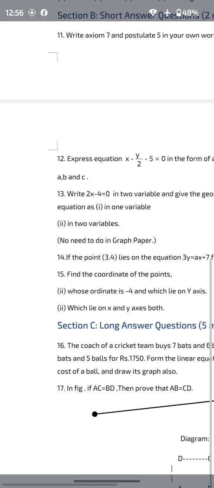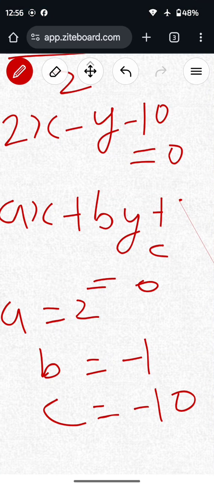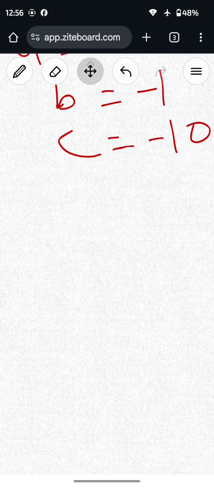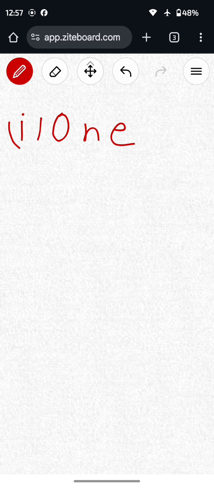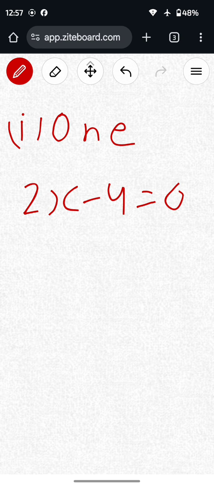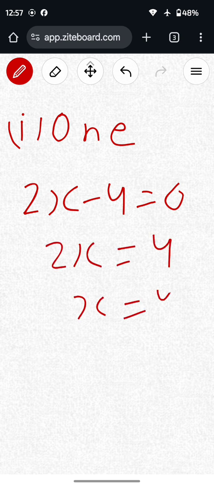So I will explain this. 2x minus 4 is the equation. So in one variable, 2x minus 4 is equal to 0. It is already in one variable, so the value of x will be 2x equal to 4, x will be 4 divided by 2, so the value of x will be 2 and the geometrical representation will be as